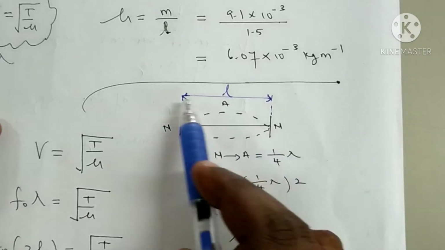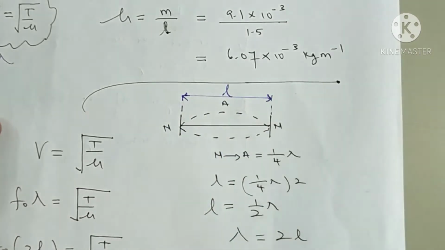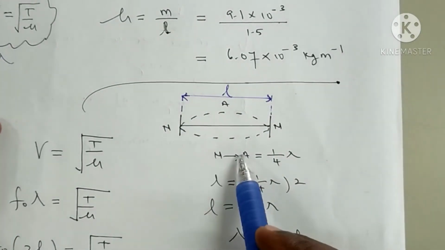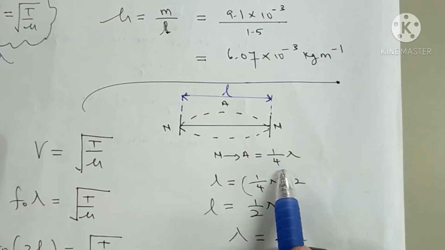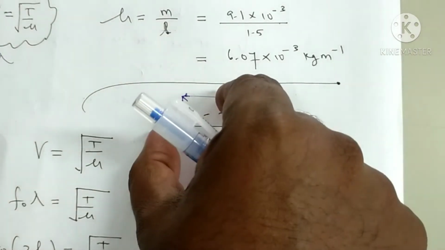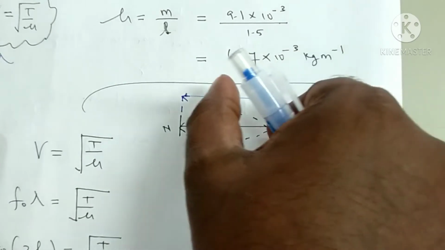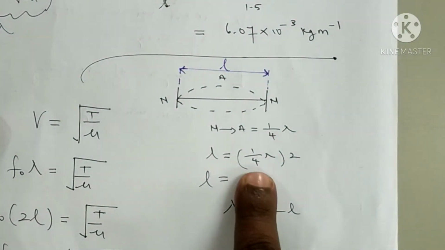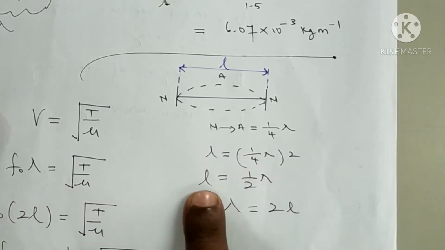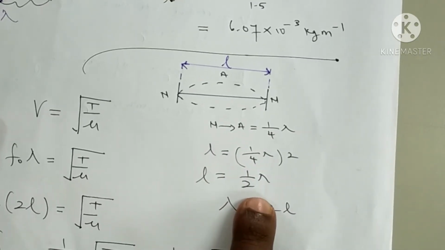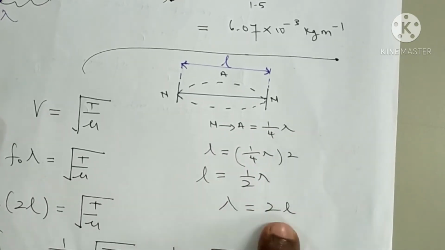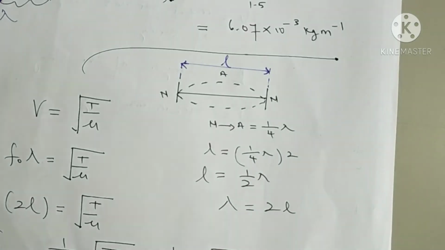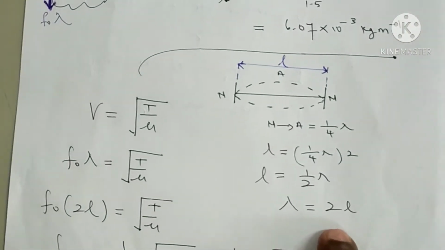Between 2 knots is the length of the string, and knot to anti-knot is a quarter wavelength. We have 2 portions of knot to anti-knot, 1, 2, so we have to times 2 with this quarter wavelength. You will get length equals half wavelength, and lambda is 2L. We can substitute the lambda into this formula